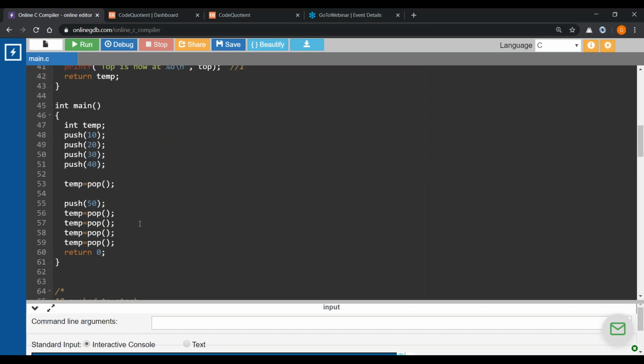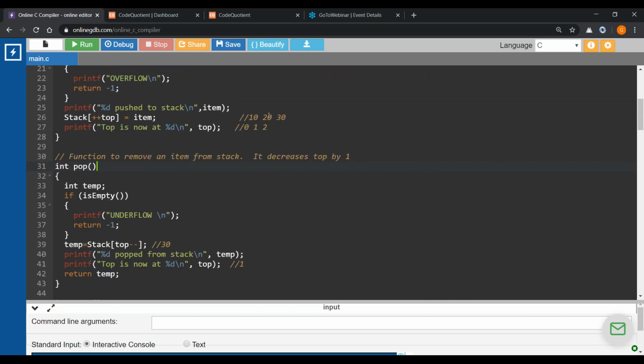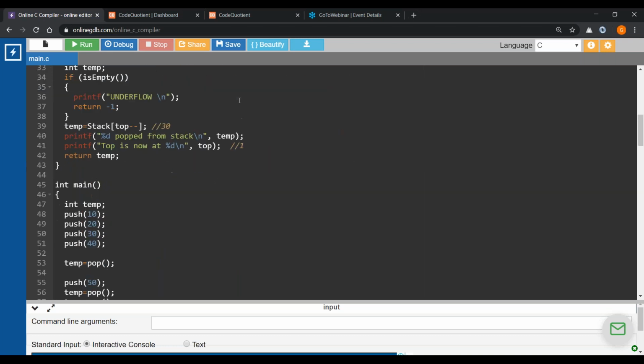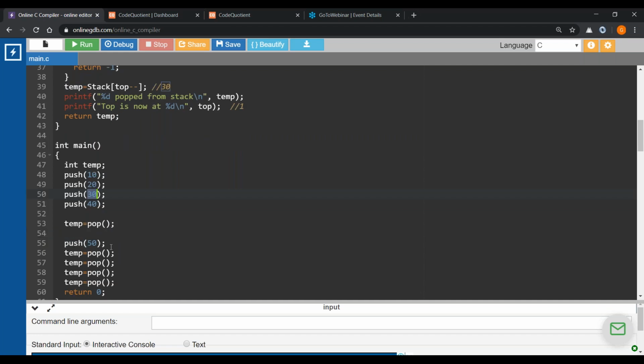So in my stack now, how many elements are there? We have the elements 10 and 20. We don't have 30. Ideally, we have only 10 and 20. See, it has not vanished from the array. What we have done is just simulated that particular operation. The 30 is still there, but we have simulated saying that this is my top position. Kindly understand this. In my array, I had 10, 20, 30. Because of the pop, 30 was removed from the array. Now, kindly understand this particular operation.